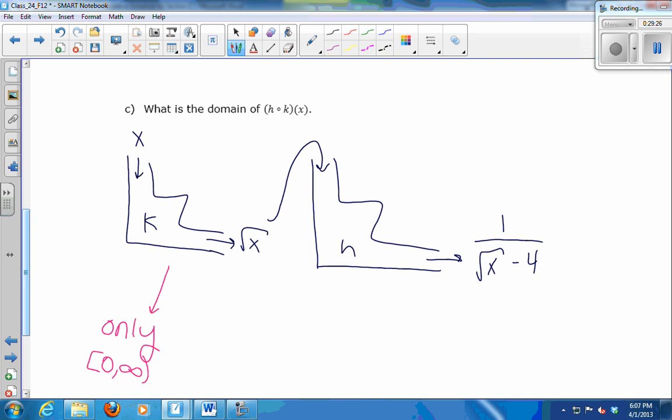So this machine, don't let X equal 16. So I can only put positive numbers, but not 16. I can put any positive number, 0 to infinity, but I have to leave out 16, because if I put